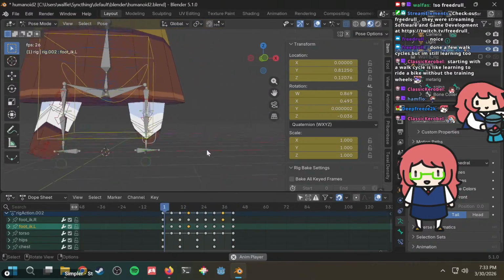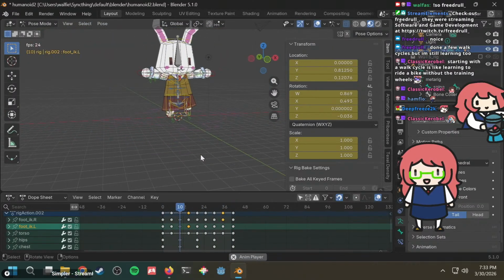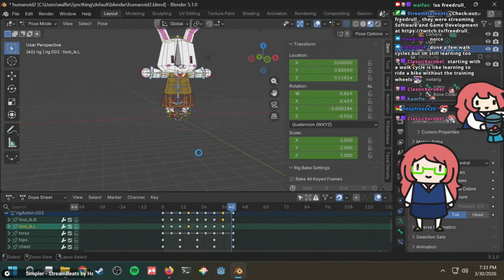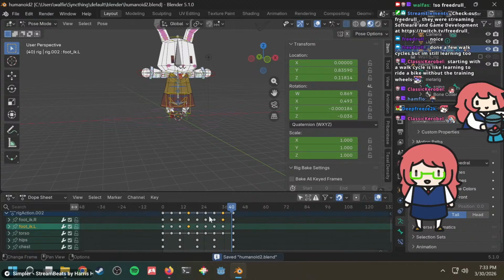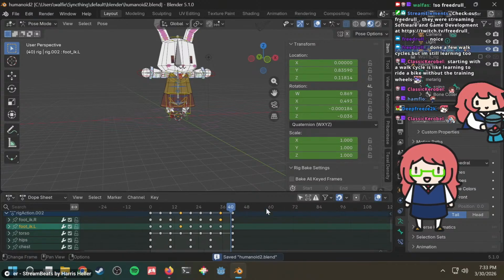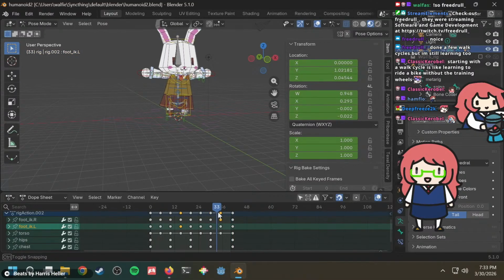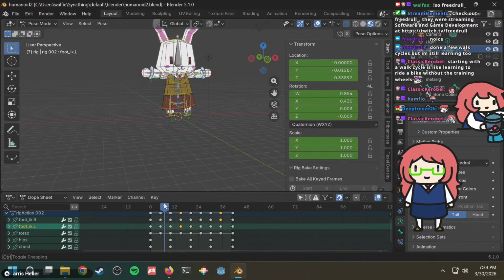I think that's better. I don't know. That seems better. Okay. Could also make it faster. You know, I changed it to be 40 because I thought I needed more frames. But I might not. I might be able to get away with this being a faster animation.